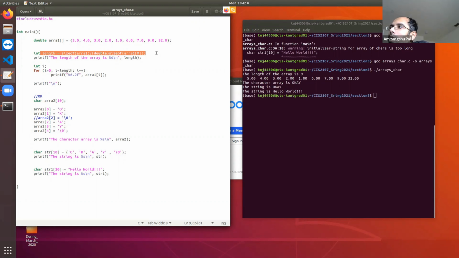In a character array, how can I count the number of elements? Would you use something similar to sizeof? Sizeof is not needed. In fact, sizeof means it is going to check how many bytes are allocated in the memory for this entire array. So it may take the 10 elements, right?